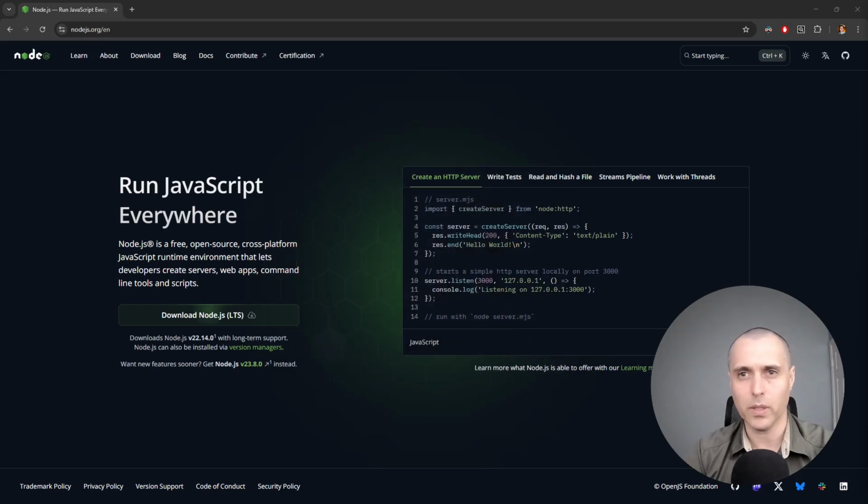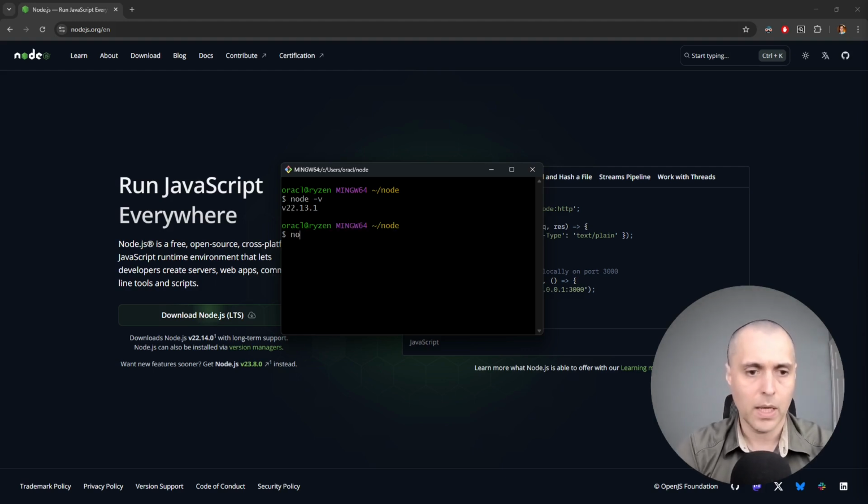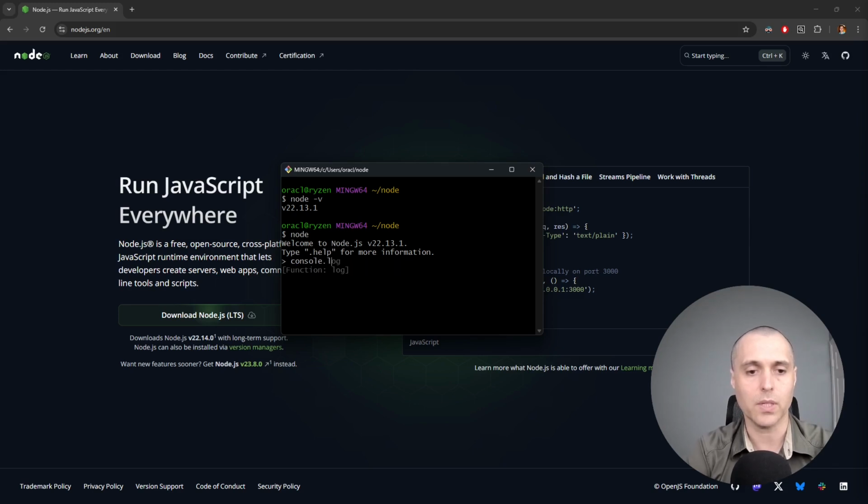Okay. Once that's done, we can open a shell and check that Node is installed by checking for the version with node -v, and that'll show us the version that's installed. And then we can actually just start working with JavaScript by typing node, and then we can just start writing JavaScript. So let's say console.log hello Node.js, and that'll log hello Node.js. All right, so great. Let's exit out of this